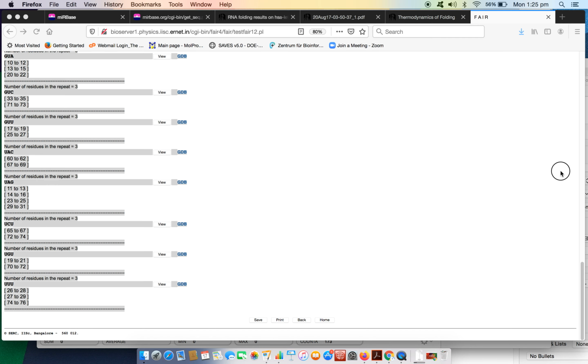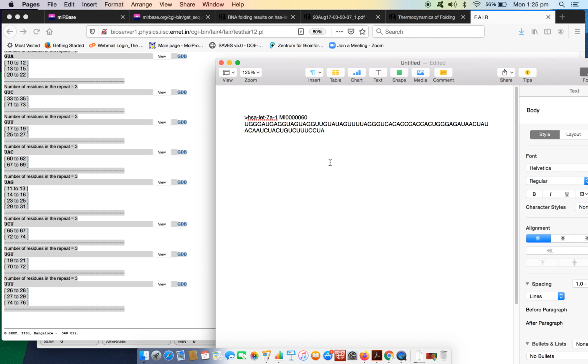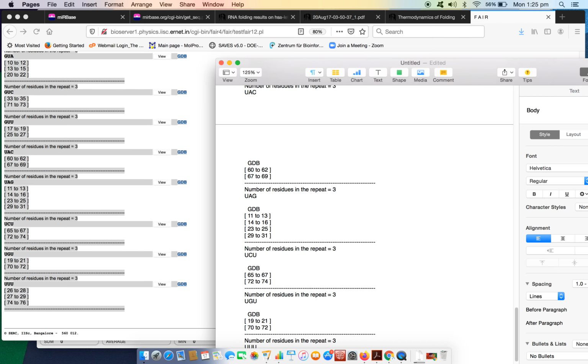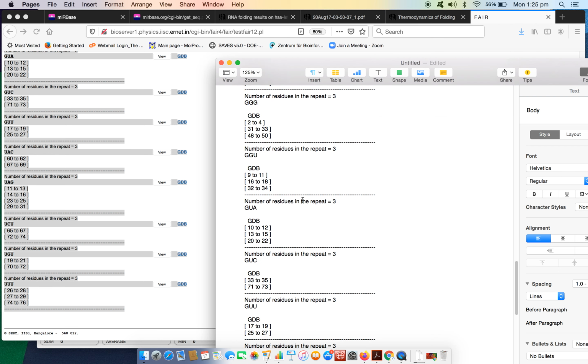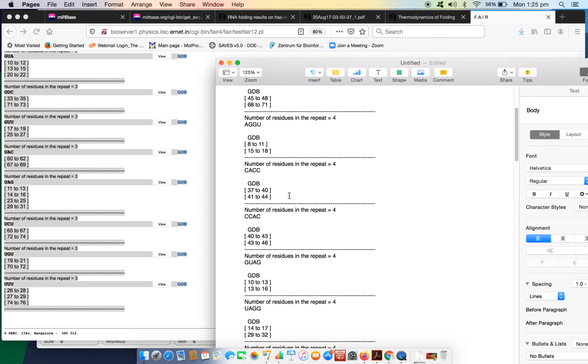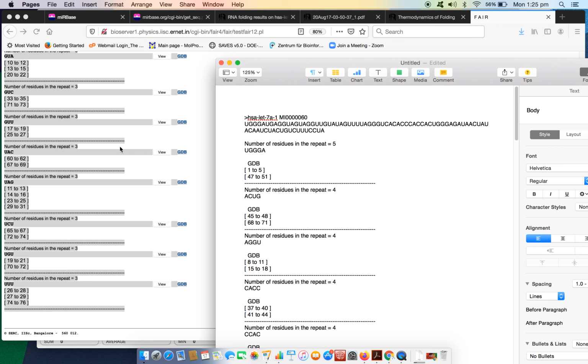If you don't want to use Excel, then you can open a Word file and directly paste the information in your Word file or a Notepad file. You will have the same information that you find in the web page pasted in your Excel or Word files. So this is how you need to generate your raw data files using the two servers. Once you have generated the raw data files, then you have to map the corresponding repeats to the individual structures, which has been explicitly shown in the first presentation.